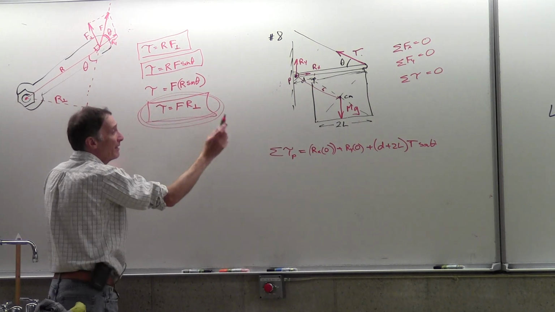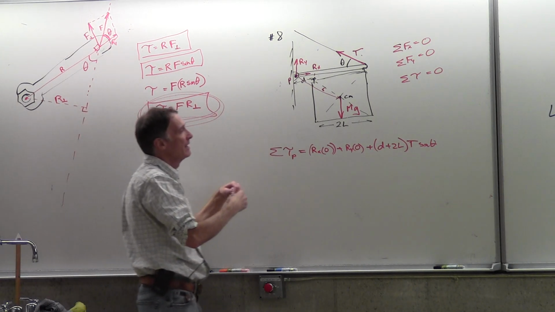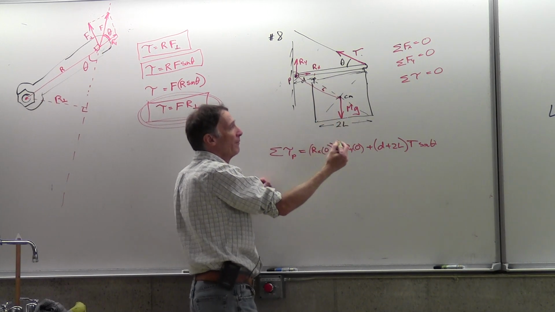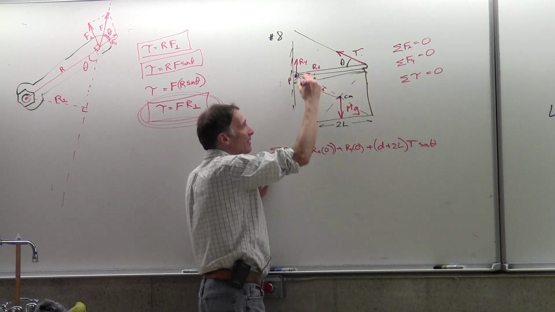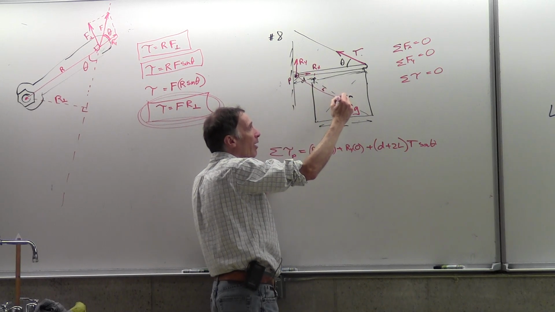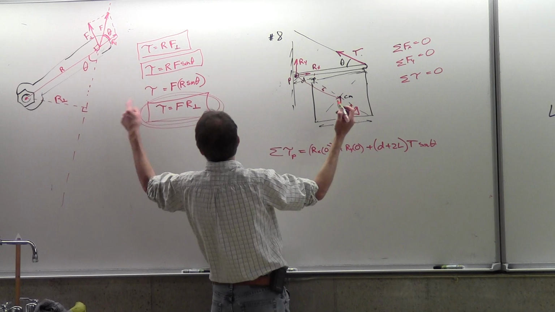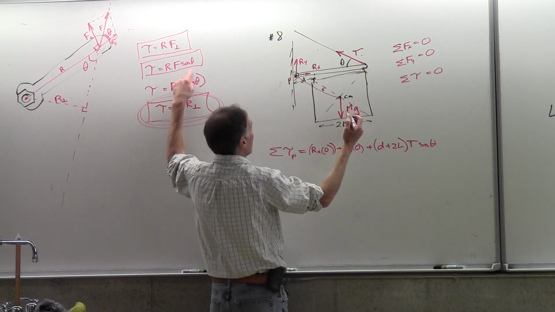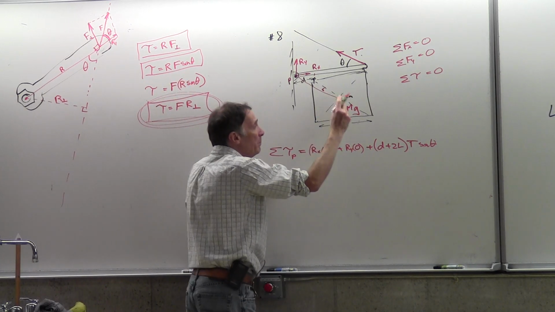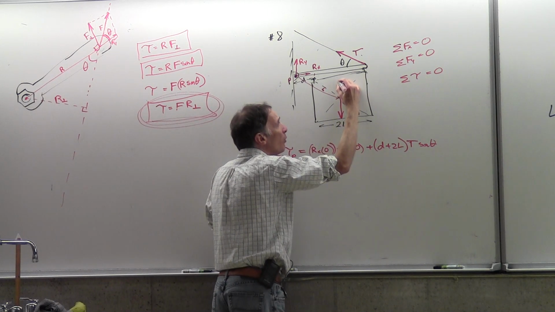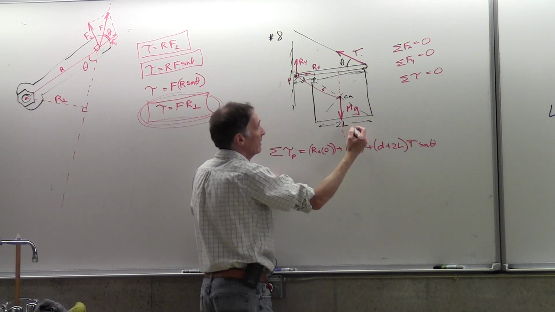If I was given the height of this thing, I could maybe figure out this R, figure out the angle, and then do F times R times the sine of the angle. But I can use this idea that I can move my force along its line of action and